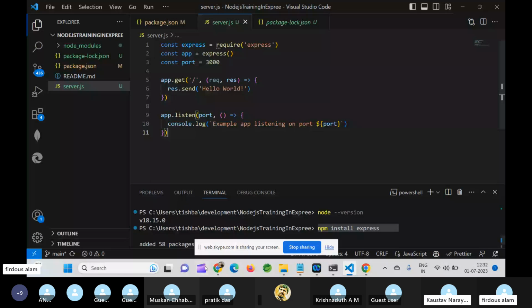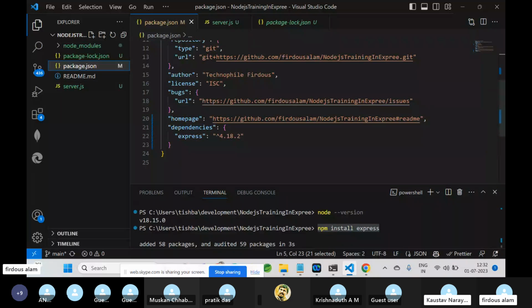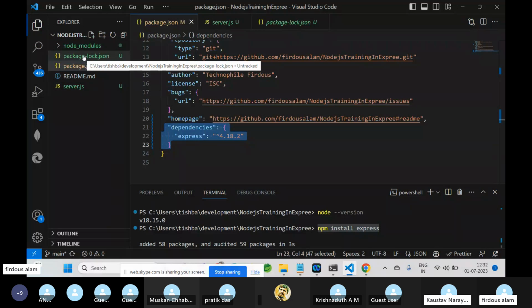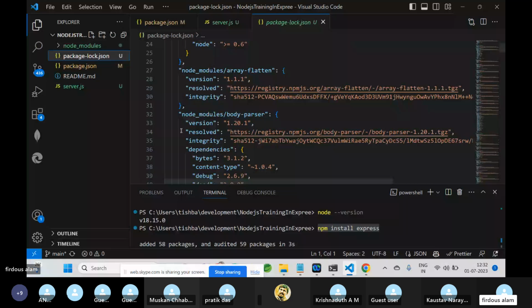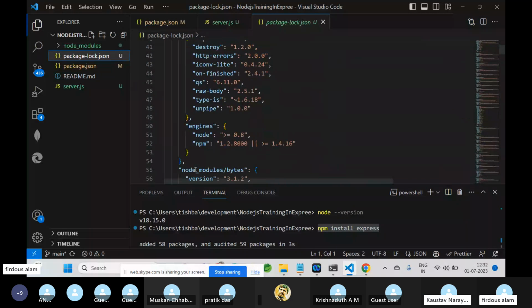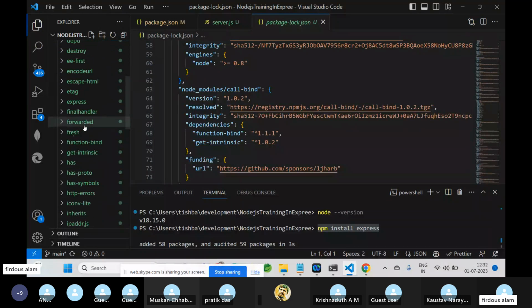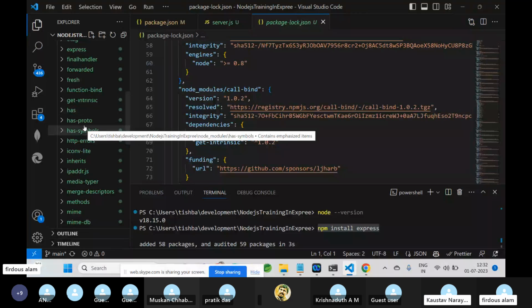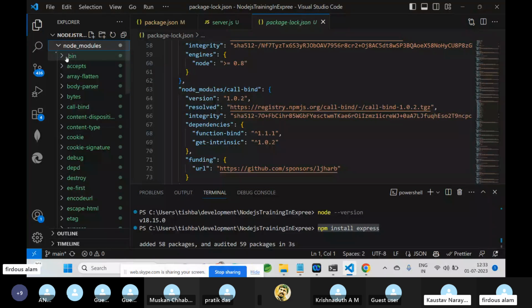So we all have done this thing, right? We all have installed Express, and then what happened inside our package.json? Inside the dependencies, we can see this version of Express has been installed, and with the installation, you will see another package-lock.json file, which contains some more dependencies that depend upon Express.js. And inside node_modules, all the packages which the Express dependency depends upon all get downloaded.